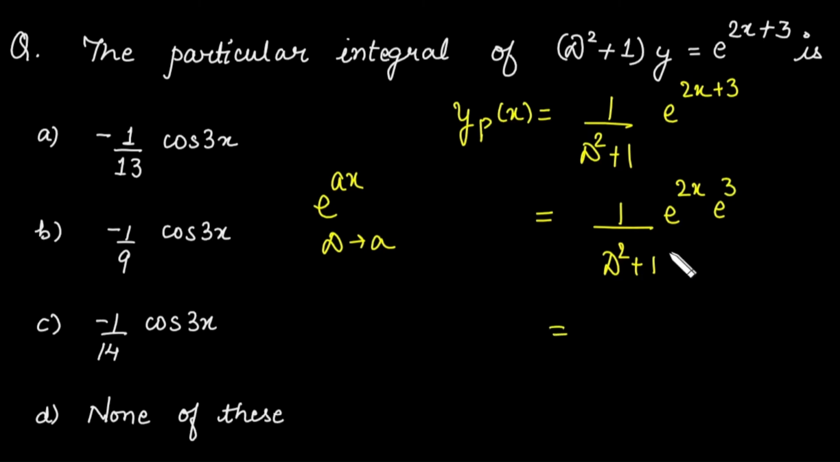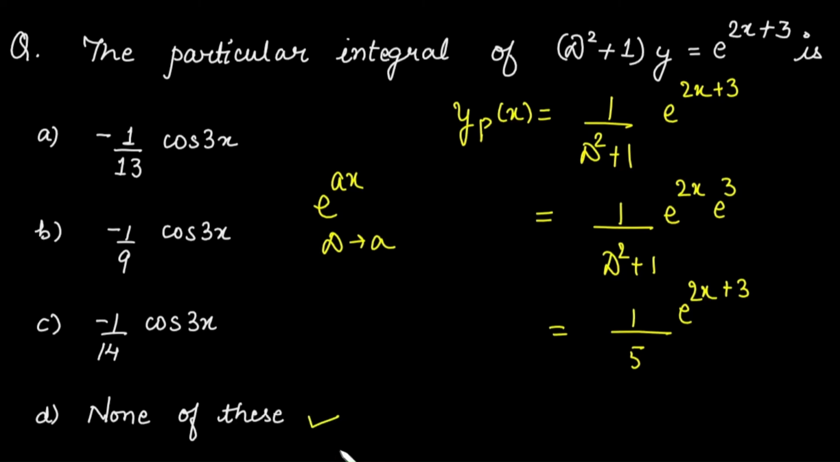In case of this, replace d by 2. When you replace d by 2, we have 1 upon 5, because d square is 2 square, which is 4, plus 1 is 5, times e raised to power 2x. Now you can even club this one, so we have plus 3 over here. The particular integral in this case is 1 upon 5 e raised to power 2x plus 3, and hence